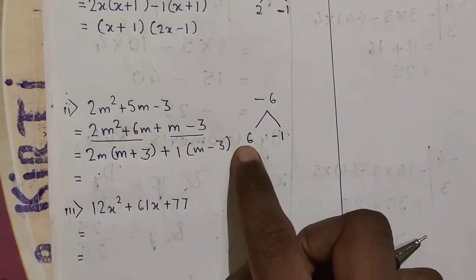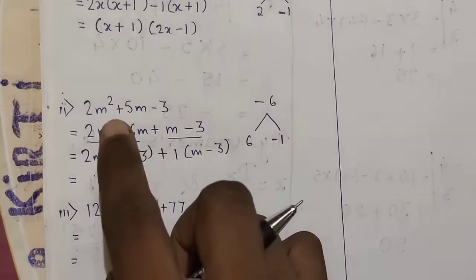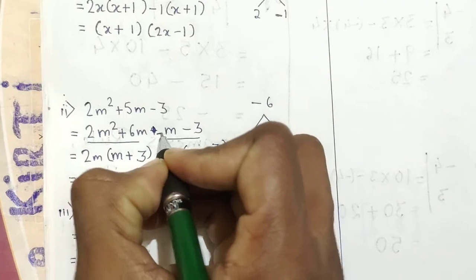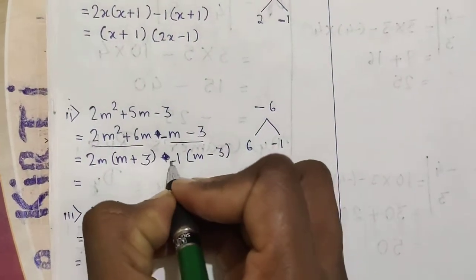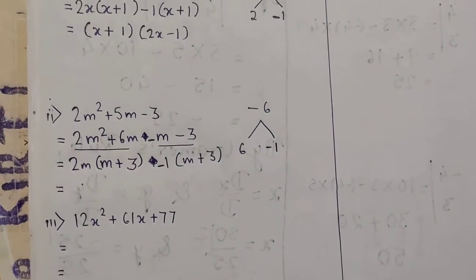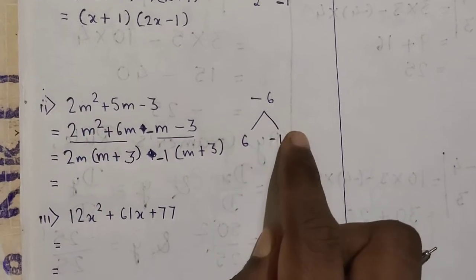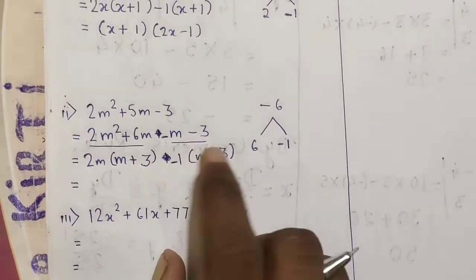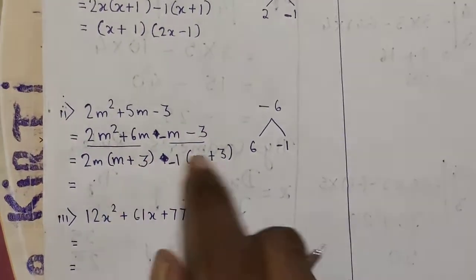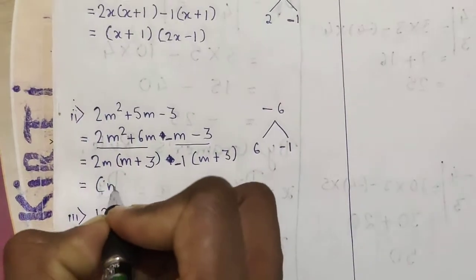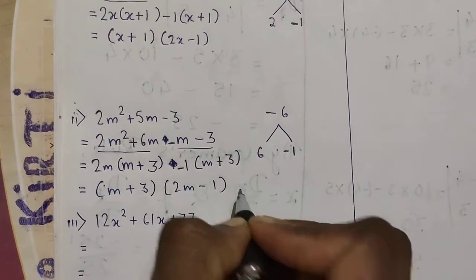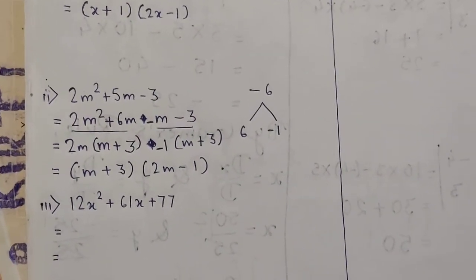Sorry students, this is 6 minus 1 because 6 minus 1 gives you 5. So here the minus sign should be there. So here you are going to write the minus sign. If you take this minus, minus 1 will be taken common, so that you get here m plus 3. By mistake I forgot to write minus 1 here, that is why this mistake is there. So this is minus m, so minus 1 is taken common, so both are positive, and the same bracket is there. So here you are going to write m plus 3 in one bracket and 2m minus 1 in another bracket. So in this way we have completed this one also.